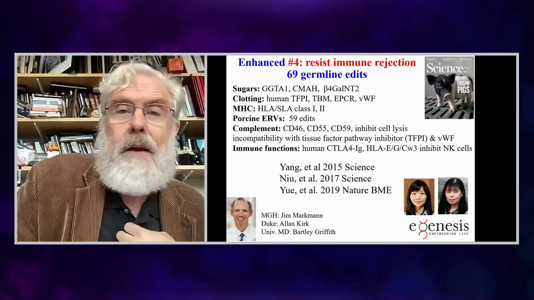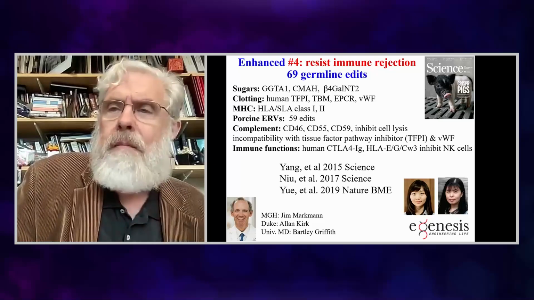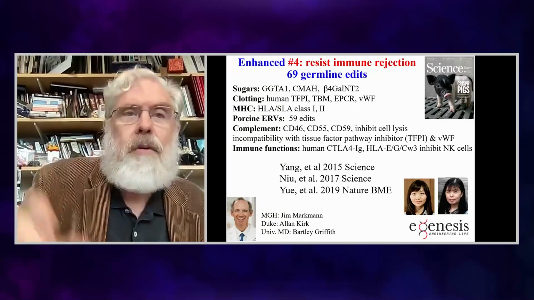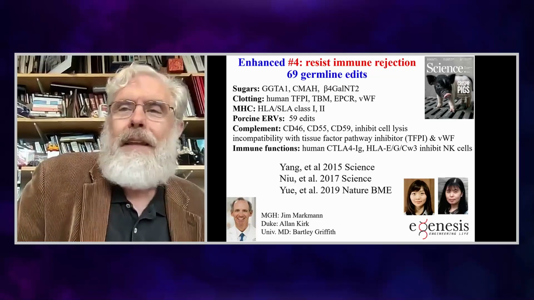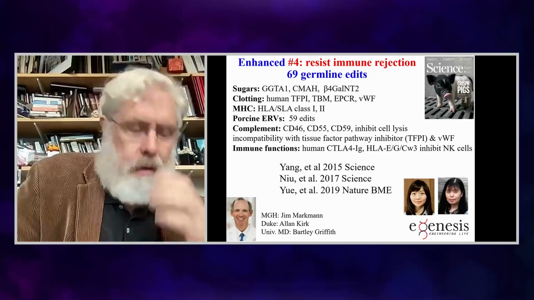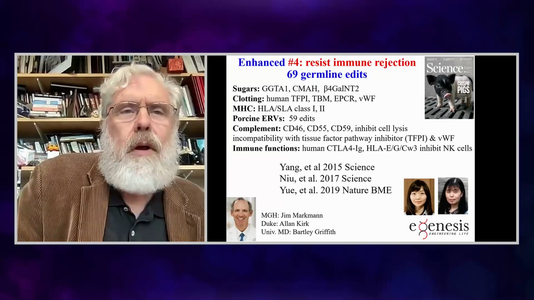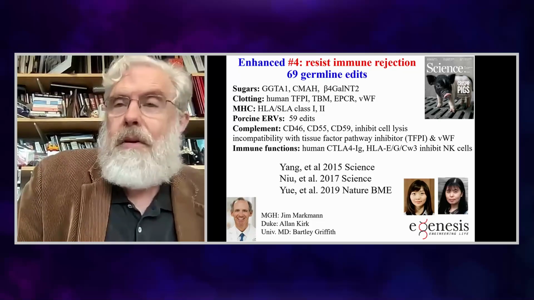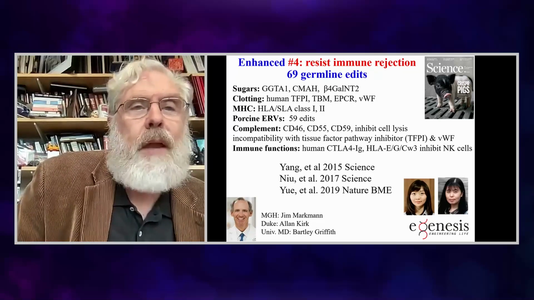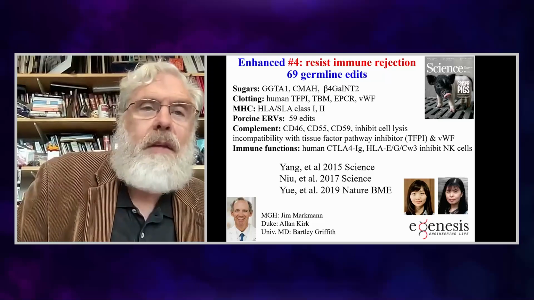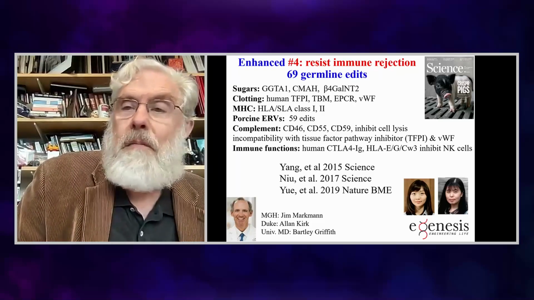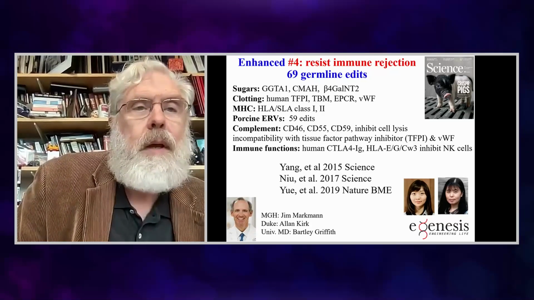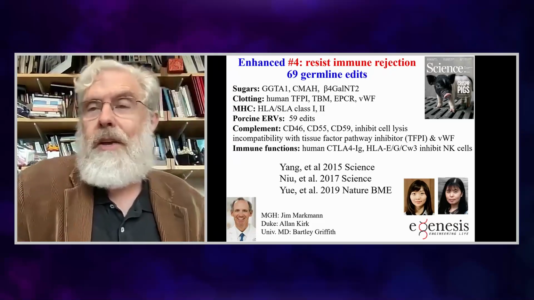And even back then, only 1 in 13 survived in only 9 months. So now, fast forward to today, they had the incredible rejection due to some of the sugars. There are 3 main sugars, so we had to knock out those genes. And we ended up, 69 genes had to be edited, various things involved in the blood, clotting and complement in the blood.